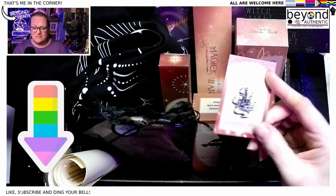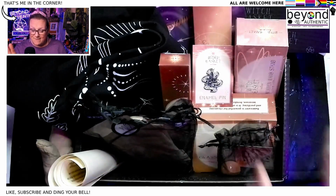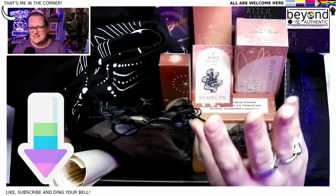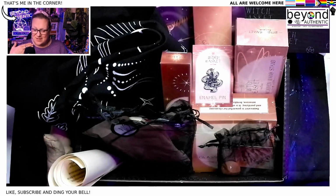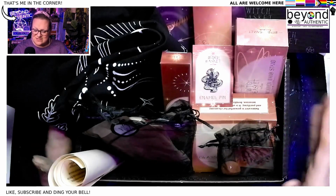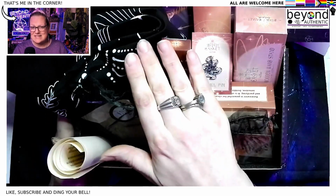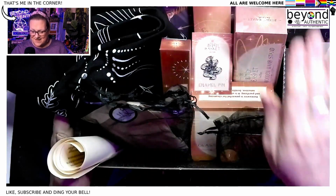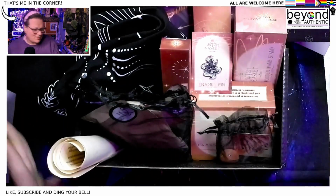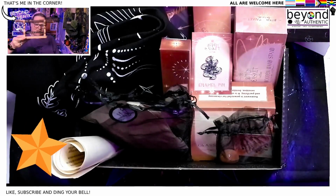I wish it was a little bit more vibrant. That's the only thing. I know, right? I'm not picking the incense. It was close. It was going to be the incense, because although I haven't lit it, it is really tickling the back of my throat. But of course, my star item, it could possibly have been the mat had the wand shelf stand thingy not been in here. But purely and simply because this now